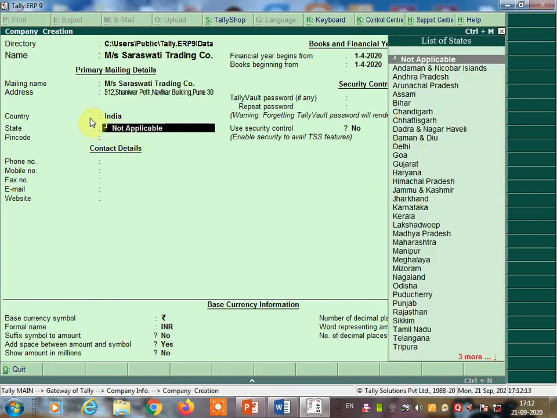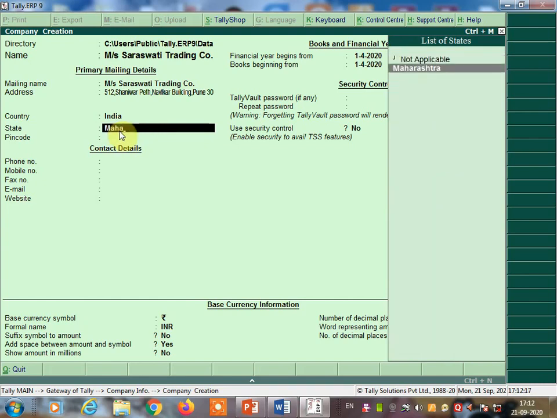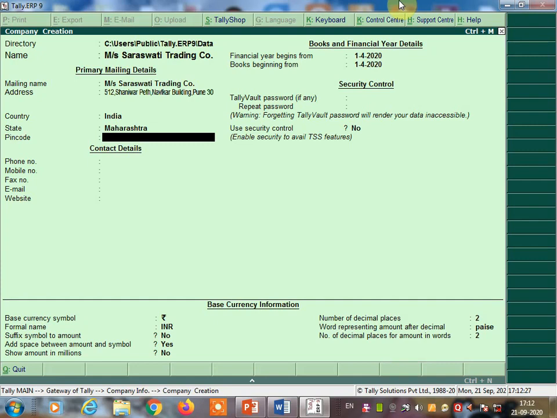Country by default is selected India, so you are going to select the state Maharashtra. So type here Maharashtra, or you can select the state name from the list. Then you have to enter the pin code of the company. So pin code of the company we can enter 40012.